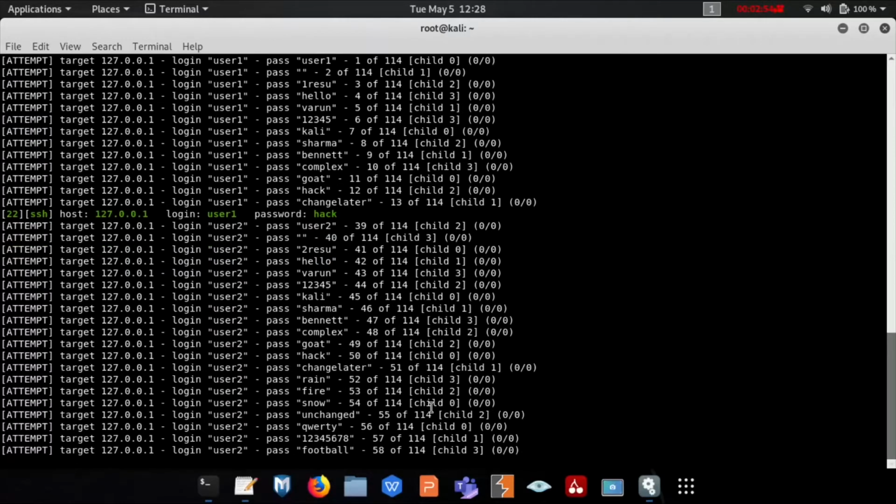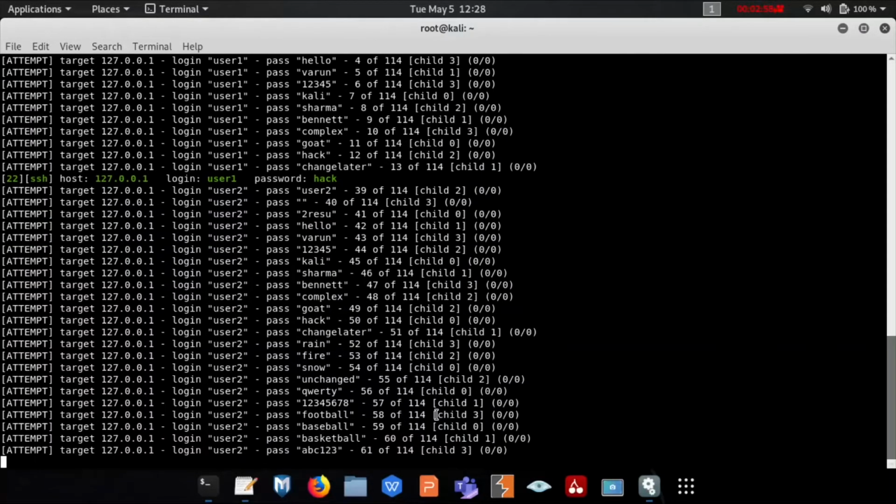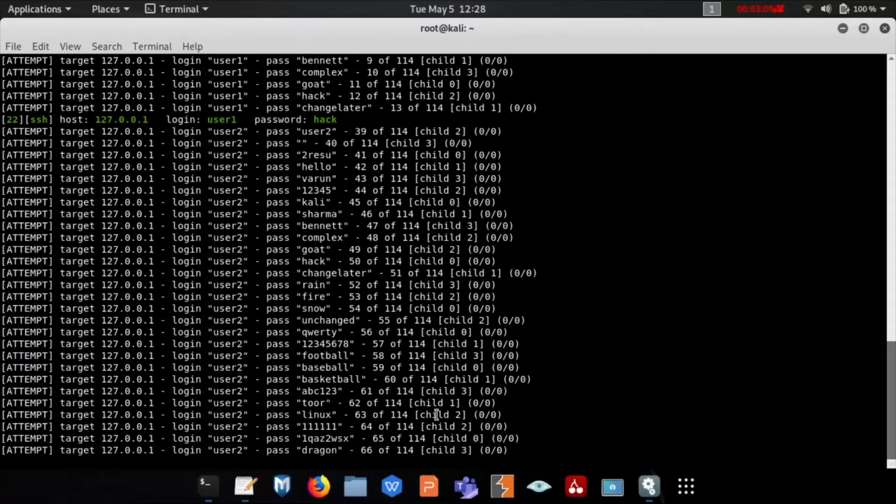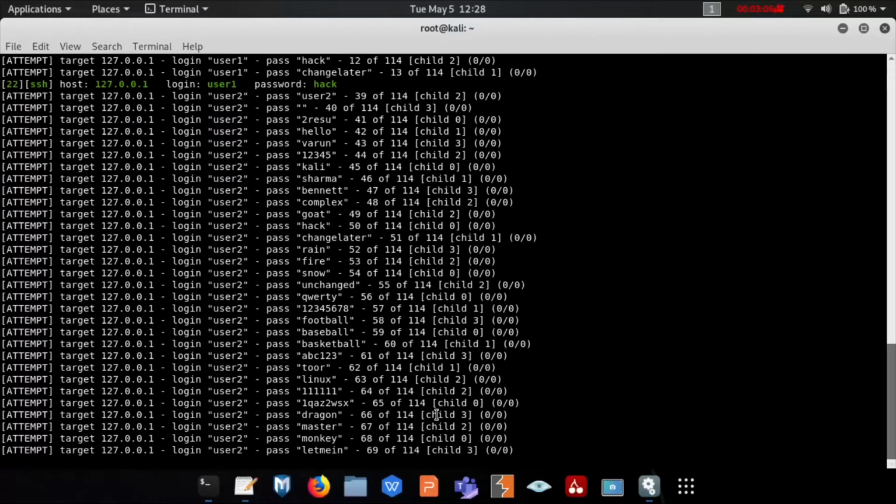It is also highlighting the cracked passwords of my localhost. So let's wait until the attack gets over.